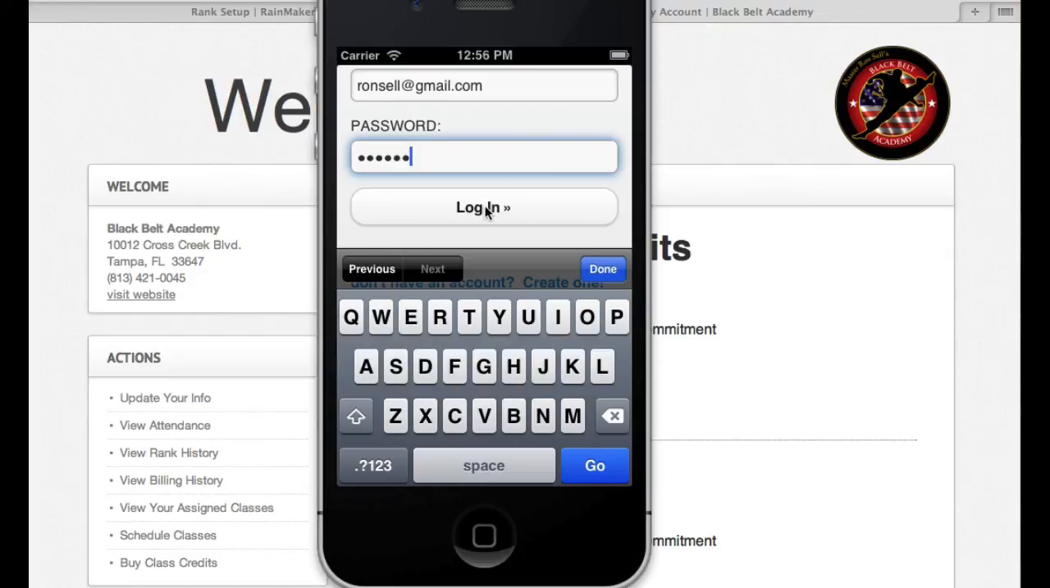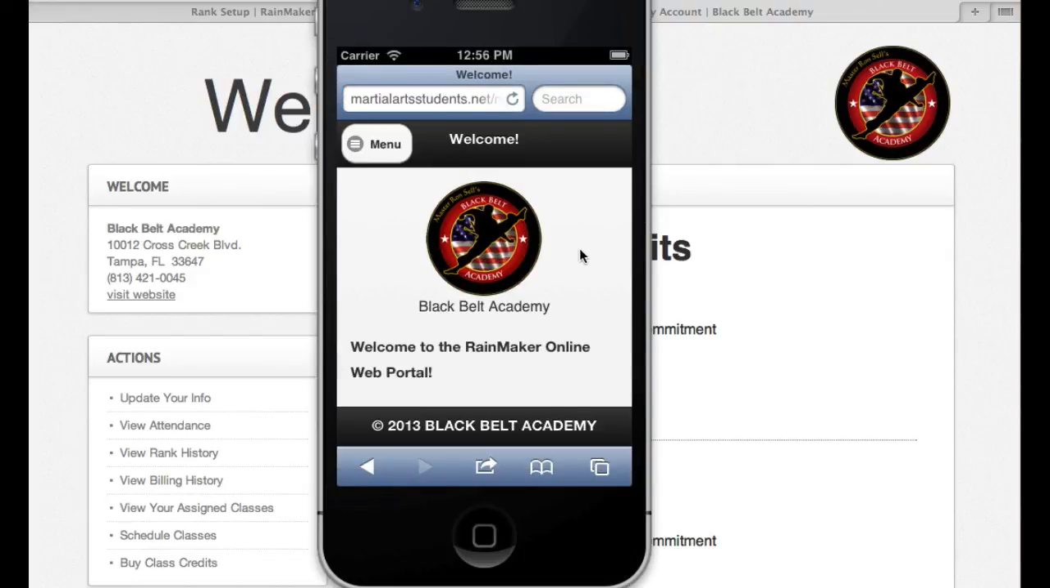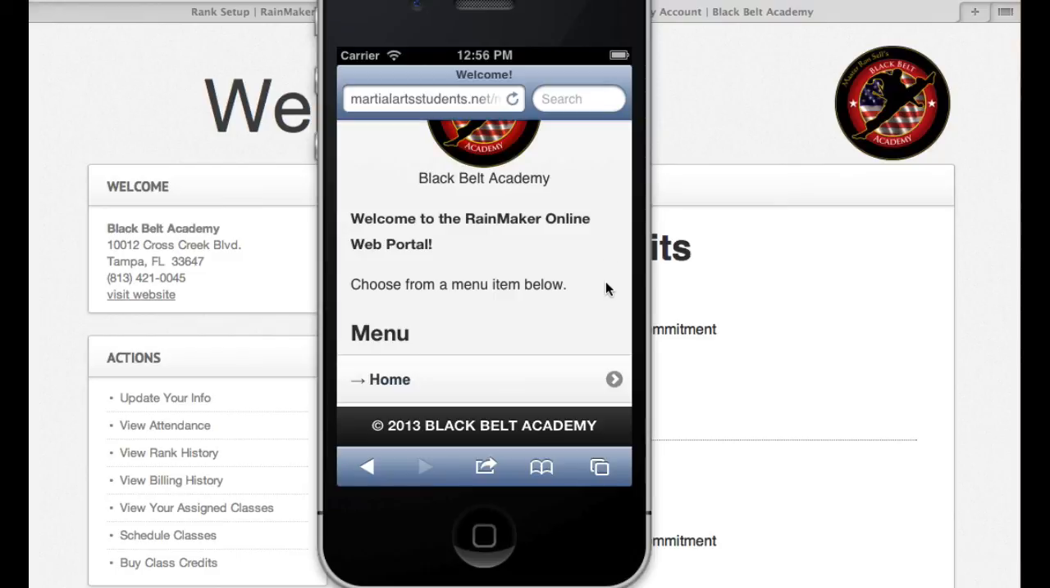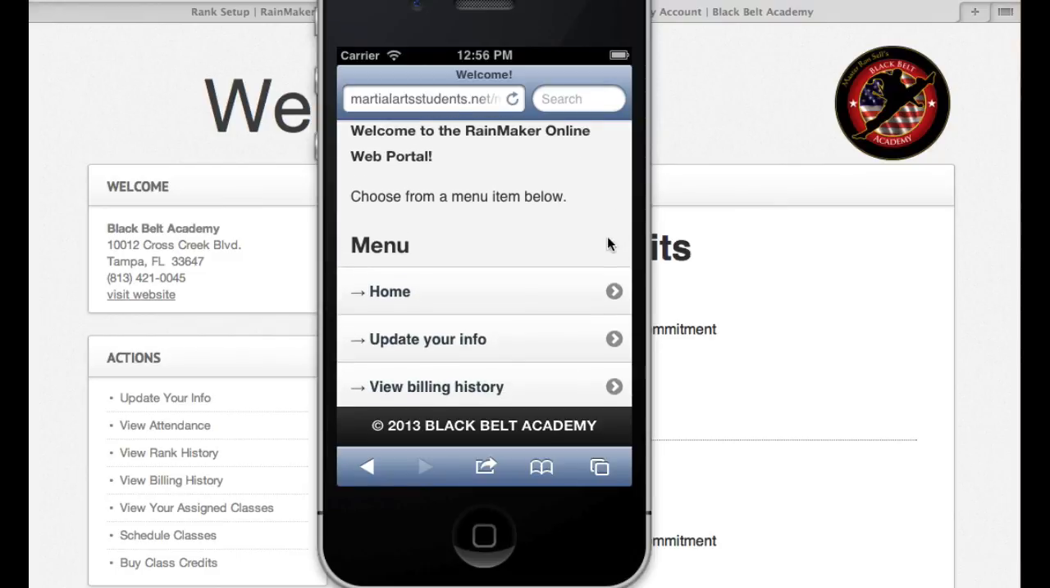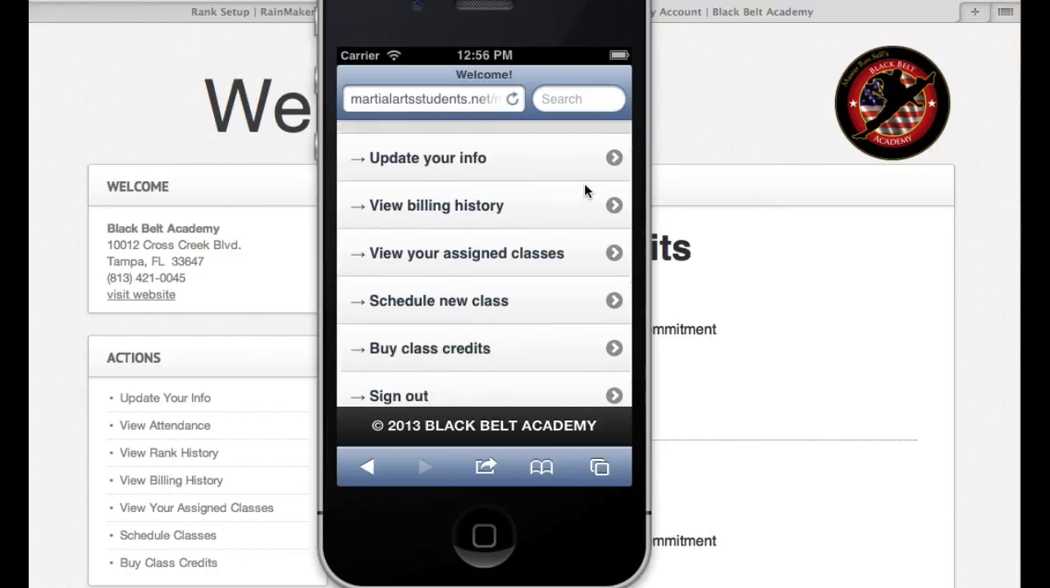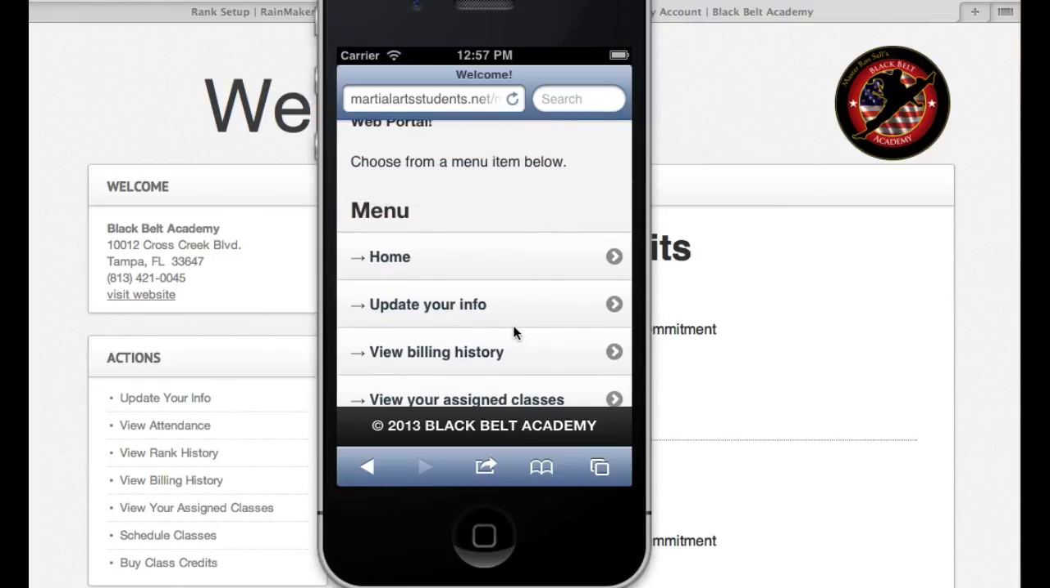And I'm going to hit login. And so now you can see that this is a mobile version of the web portal. And so they have the different things that they can do. So we can say, I want to